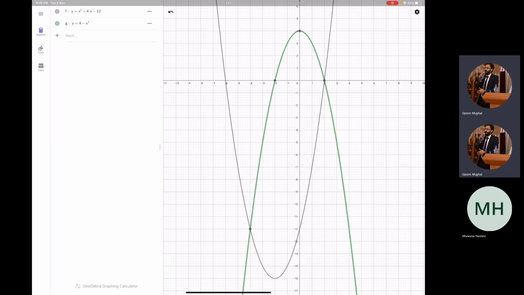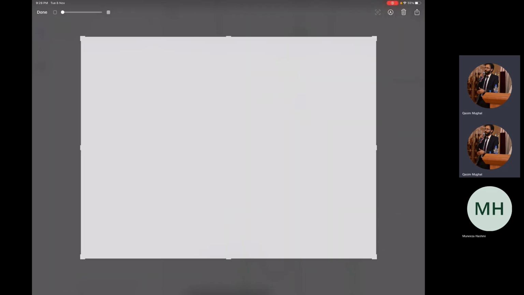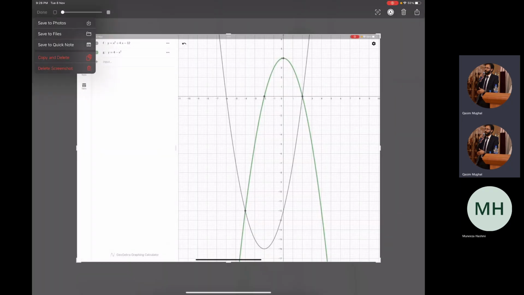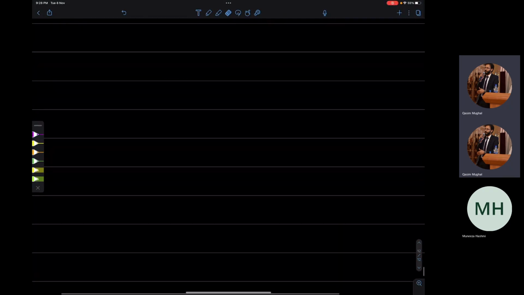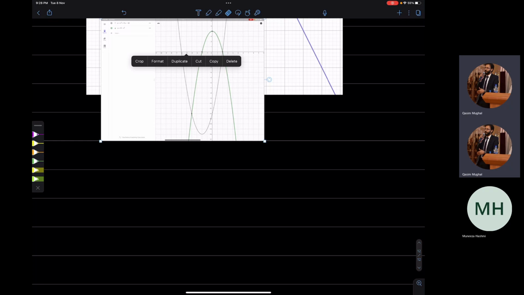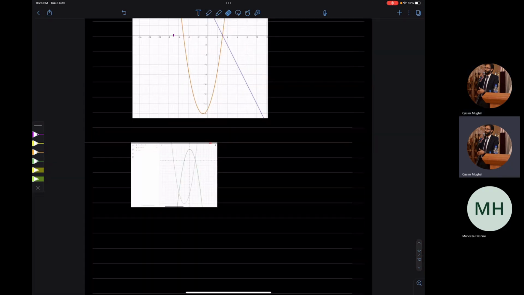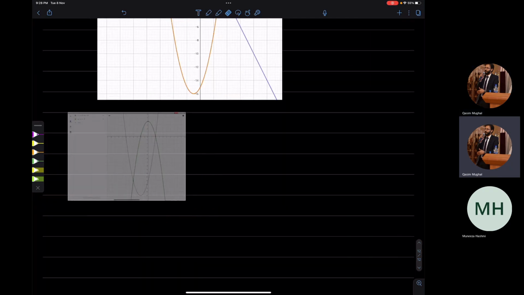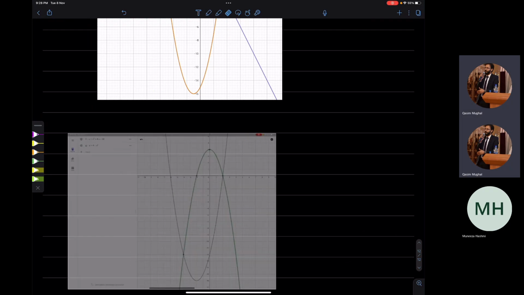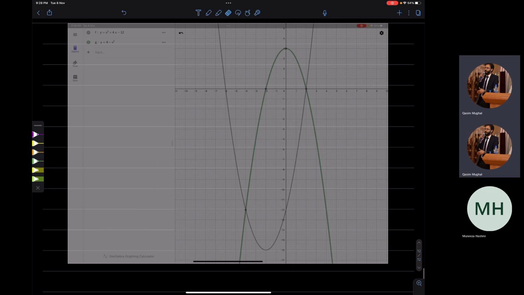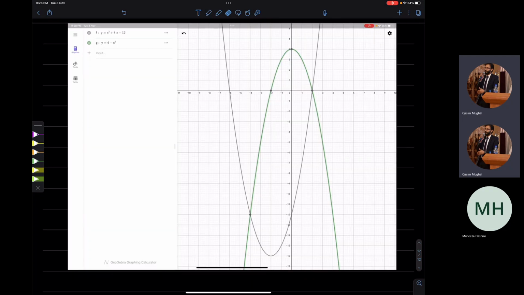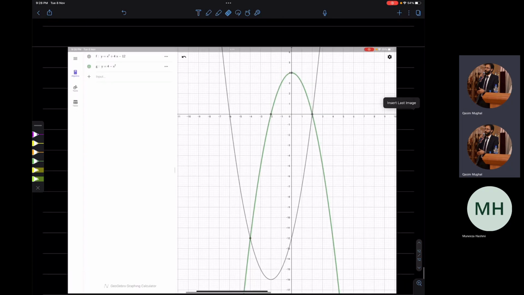All right, so there you go, you have these two curves. Okay, now let's just import that here. Okay, now the green one is the second one, the gray one is the first one, and the examiner wants you to find out